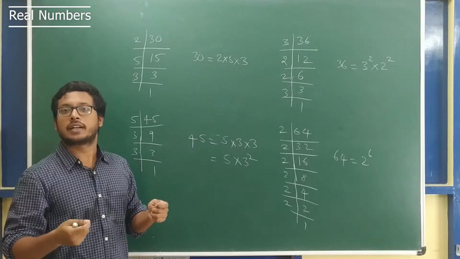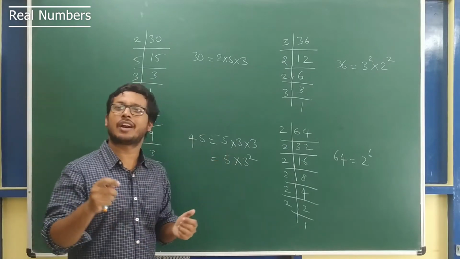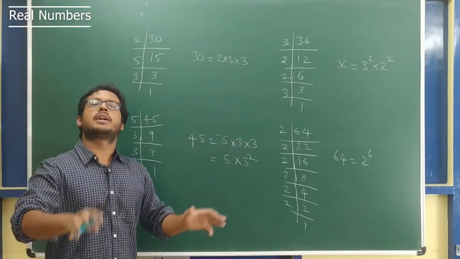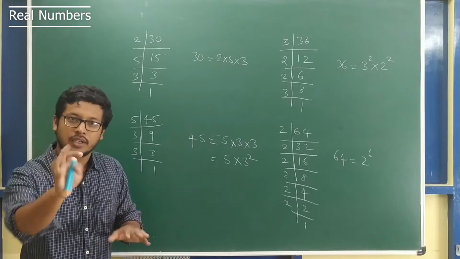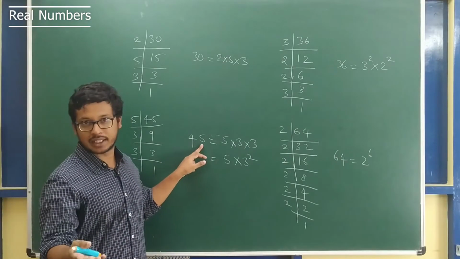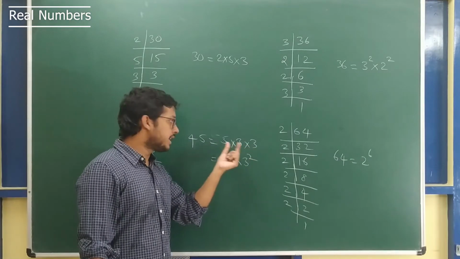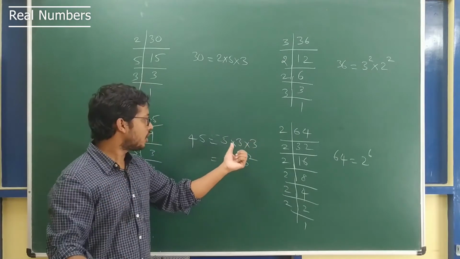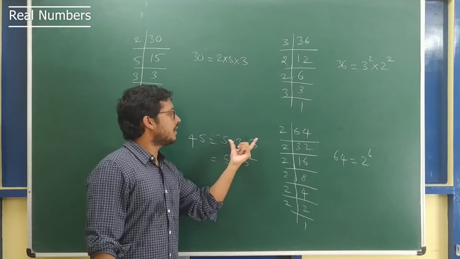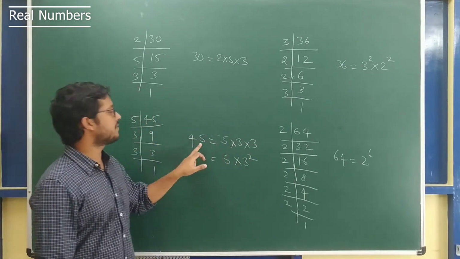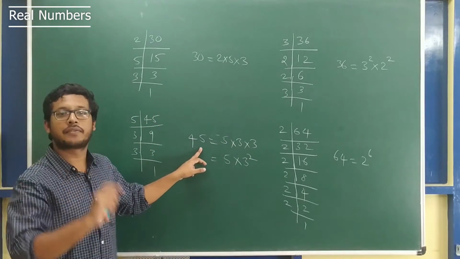So when you take the prime factors of 6, the prime factors of 6 do not contain 5. Which means no matter how many times you multiply 6, it will never end with 5. That's what it says. Correct? So if the prime factors contain 5 and not 2, I will tell you why not 2. If it contains 5 and not 2, then definitely the unit place is going to be 5.